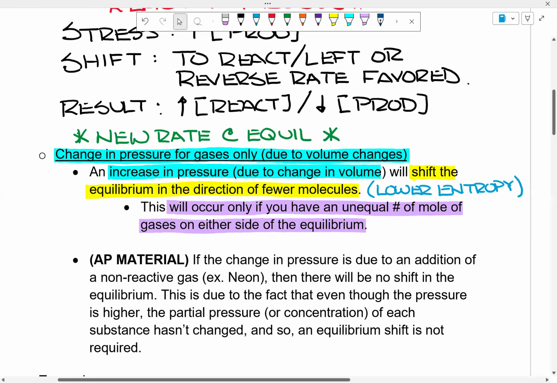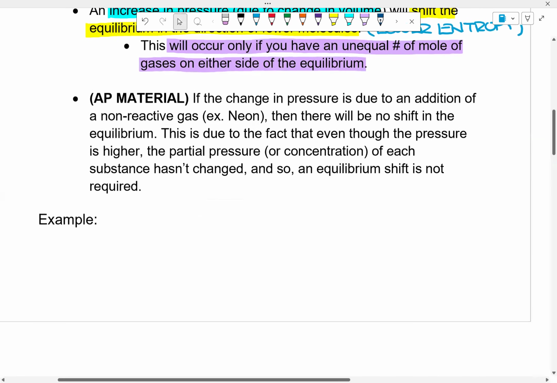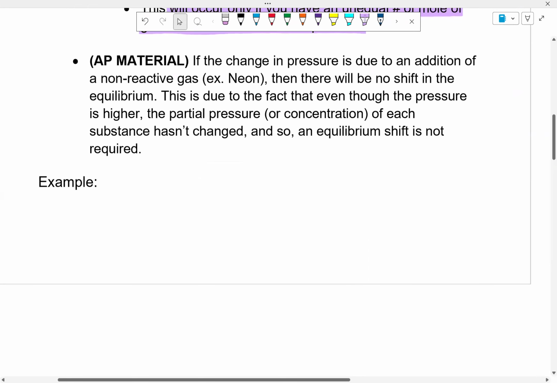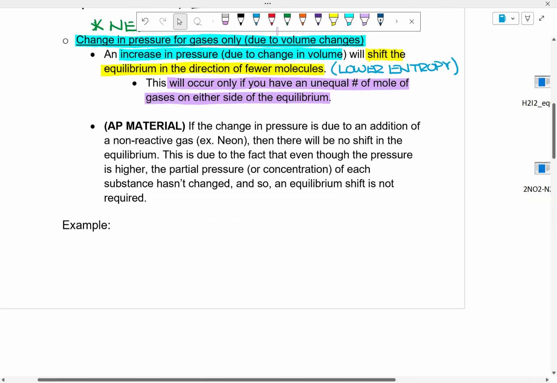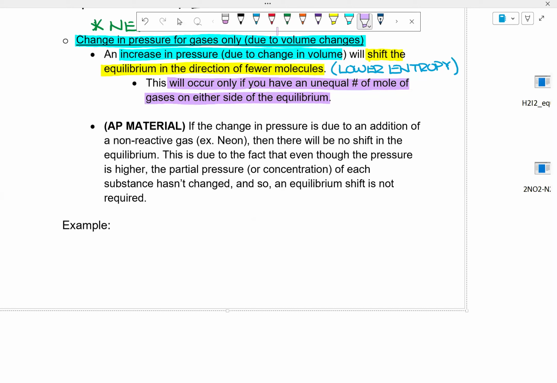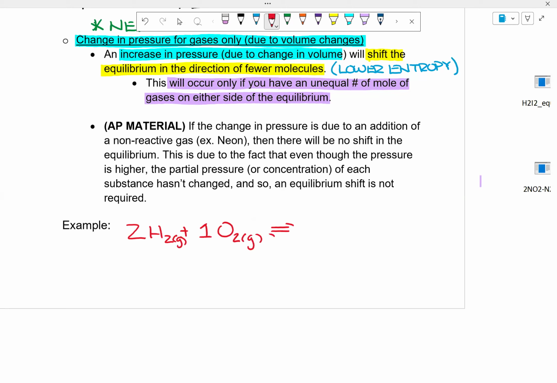Okay. Now, let me give you an example of what I mean by this. Okay, so I'm just going to focus on this part here. So let's say, for example, I have 2H2 plus 1O2 gas would be in equilibrium with